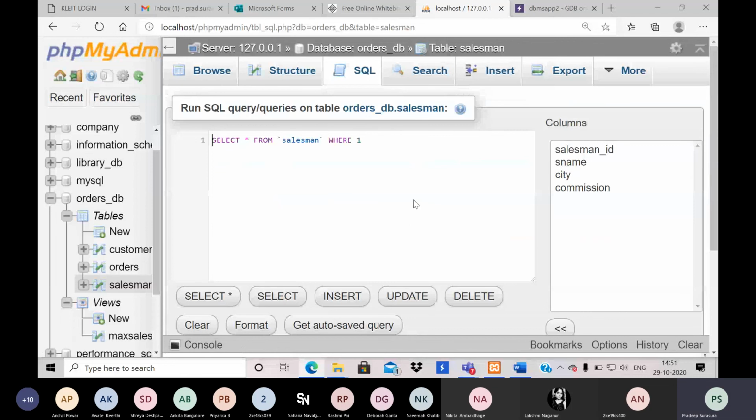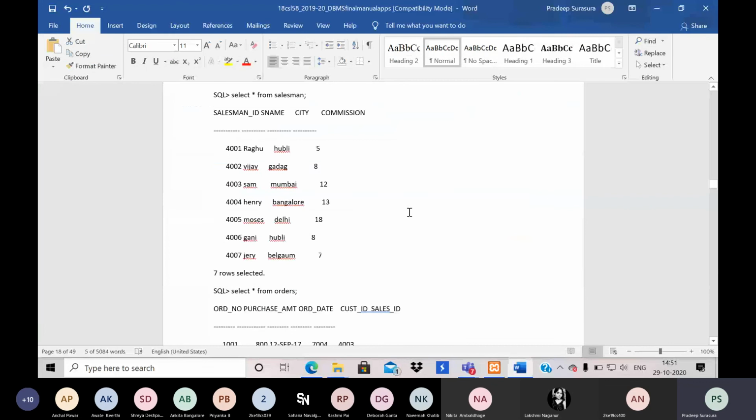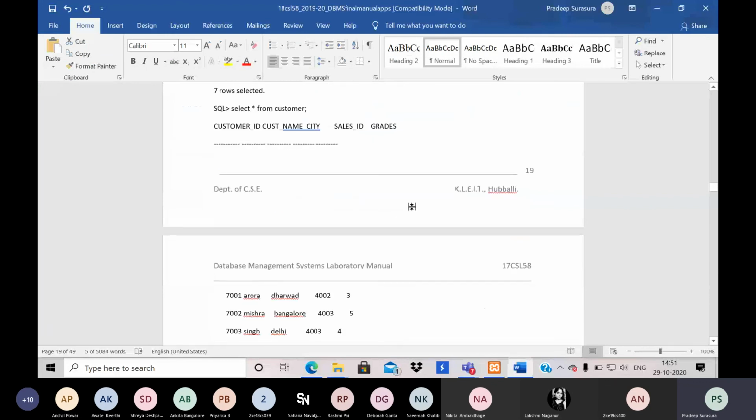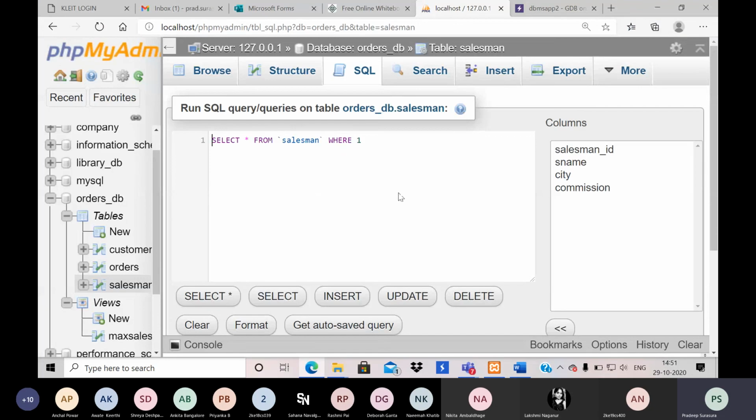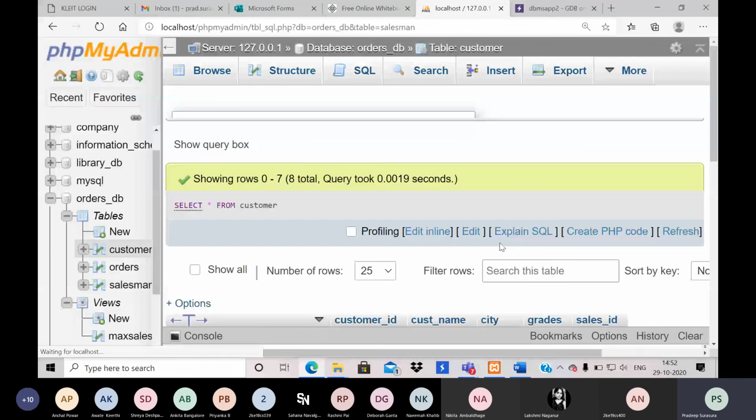So you guys can just go through the second application content. Once the salesman is deleted, I just have to observe the other tables, whether the records related to the deleted elements are present or not.